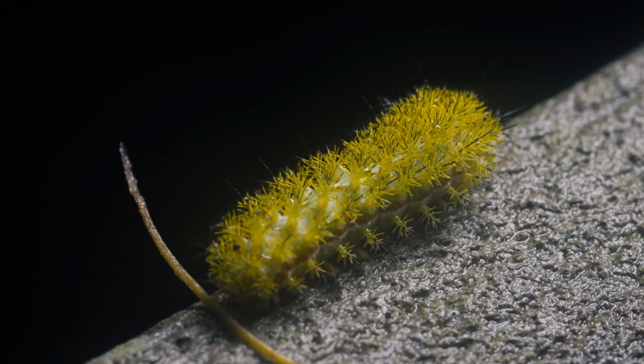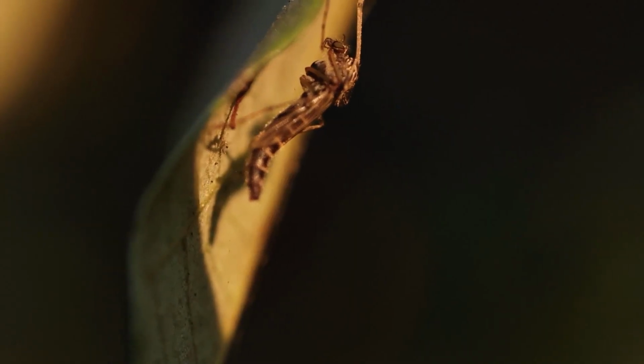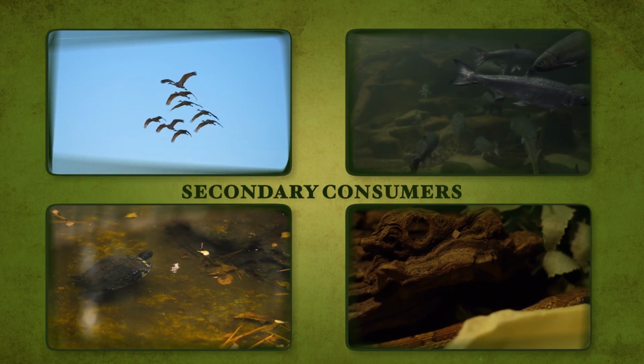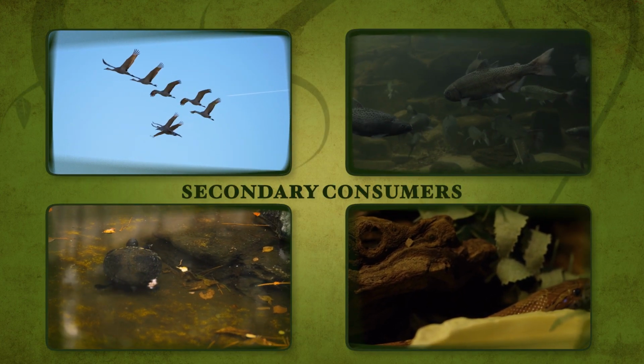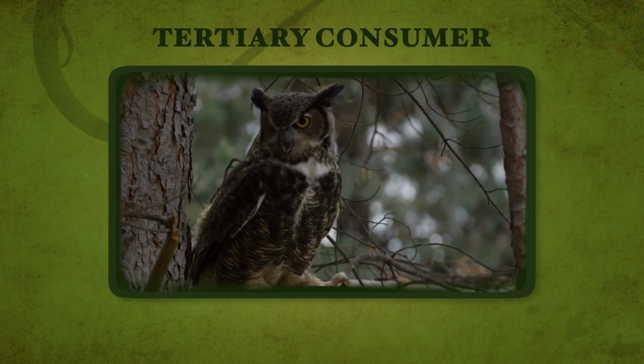There's a lot of primary consumers within the Okefenokee Swamp. We're famous for mosquitoes. That's one of the big food sources for a lot of birds and other animals. Those secondary consumers are going to be mostly birds as well as larger fish, turtles, snakes. The next one is the tertiary consumers, or the apex predators. In the Okefenokee Swamp, those are going to actually be the black bear and the alligator for the most part, as well as some birds of prey.